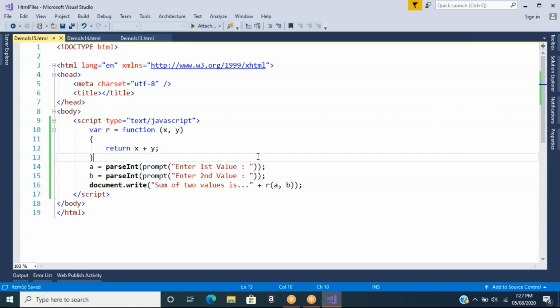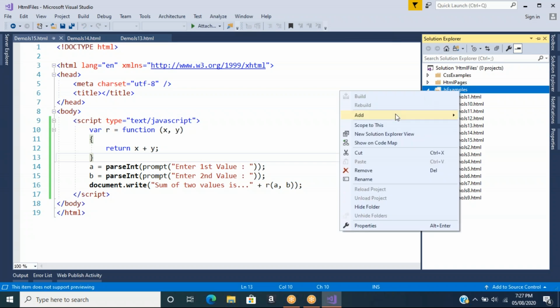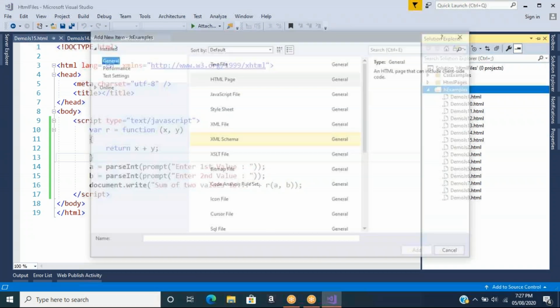That is how we can use anonymous functions, or you can call them nameless functions. Okay, now there is another topic that we learn for comparison. Add new item,